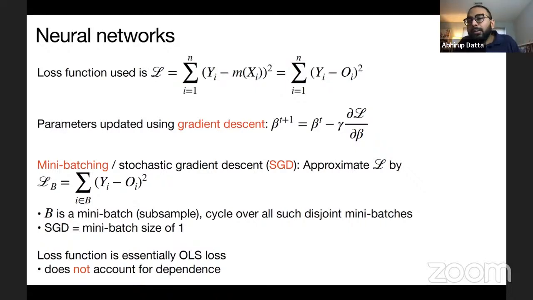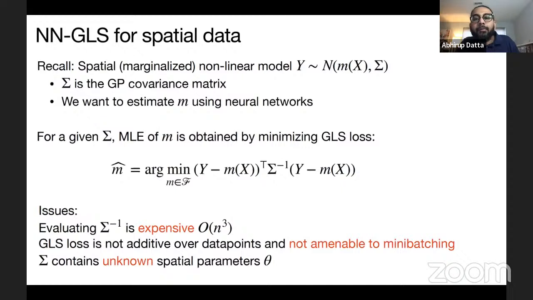The downside is that for our spatial setting, the standard neural networks once again would use the ordinary least squares loss, so it is not going to account for any dependence in the data. Our idea is very similar to what we did in random forest, in the sense that instead of using the ordinary least squares loss, we want to use the generalized least squares loss with the Gaussian process covariance in between. But the issue is that once we do this, we lose all the advantages of neural networks, in the sense that evaluating the sigma inverse is very expensive in Gaussian processes.